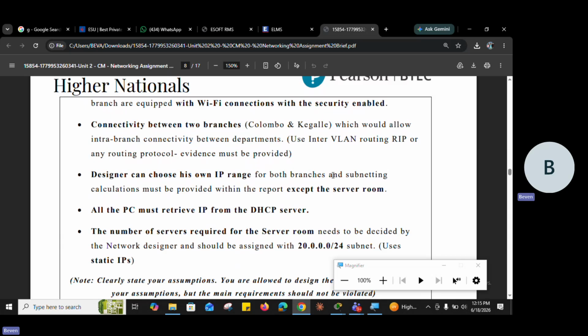Then the designer can choose his own IP ranges for both branches, and subnetting calculations must be provided within the report except for the server room, right? So that means the designer can add them. Designer means you, right? So you can come up with your own IP ranges, which means you can use a 192 range, 200 range, maybe a 10 dot something range. You can use any net ID that you want,